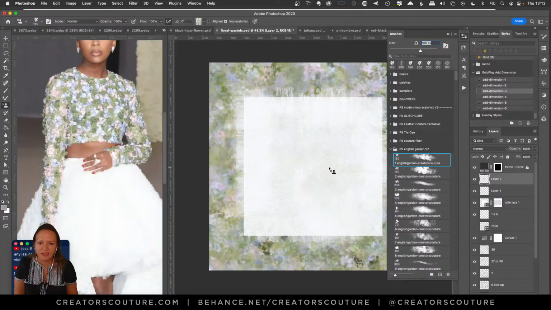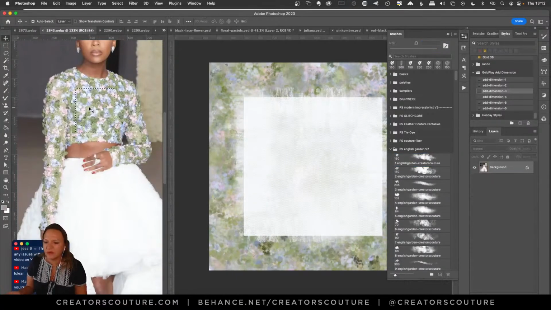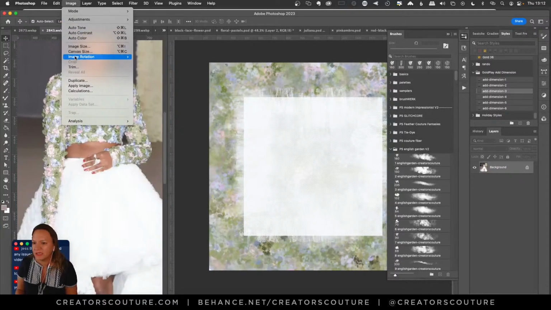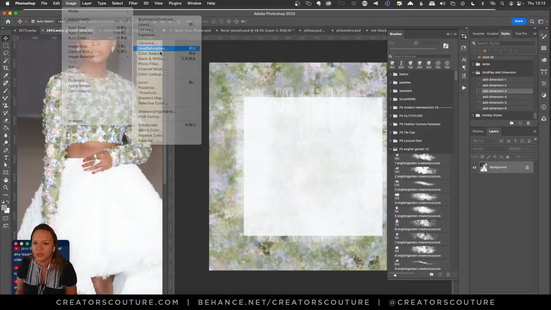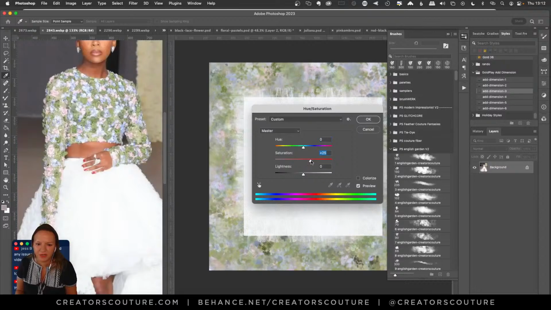I'm curious. So one of the things I wanted to tell you guys about making color palettes directly from the image is, if you want to make sure you still get that vibrancy, you might go to your image, go to edit, adjustments, then hue saturation, and up the saturation a little bit before you sample directly from that image. That can help your brush strokes, when adapted into those brushes, be as vibrant as the original. So I'm just going to click OK.